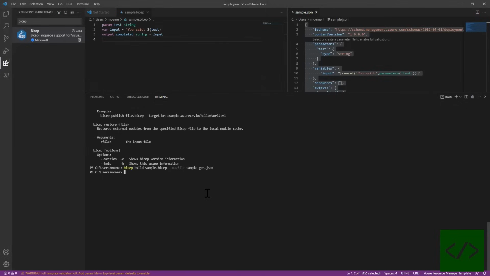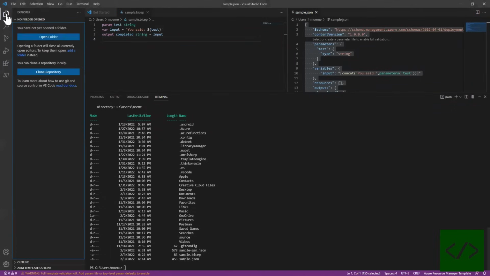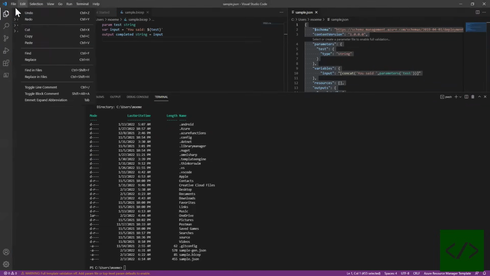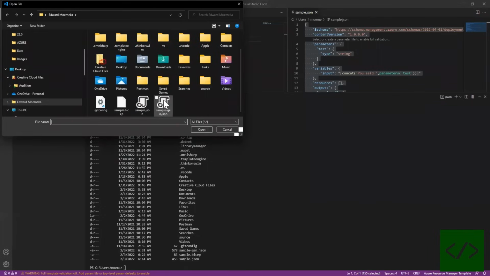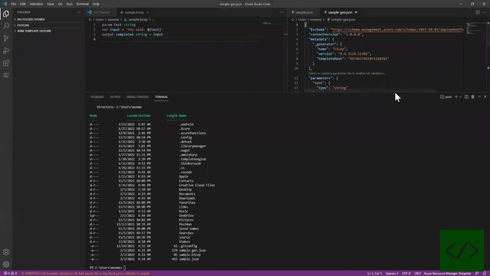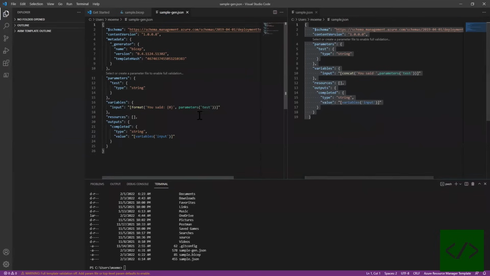There we go. And we can dir to see if that works. And there it is, sample.gen.json. And let's go back here and we're going to open that file. Okay. Now let's move it over here. And as you can see, sample.gen.json is essentially the same as